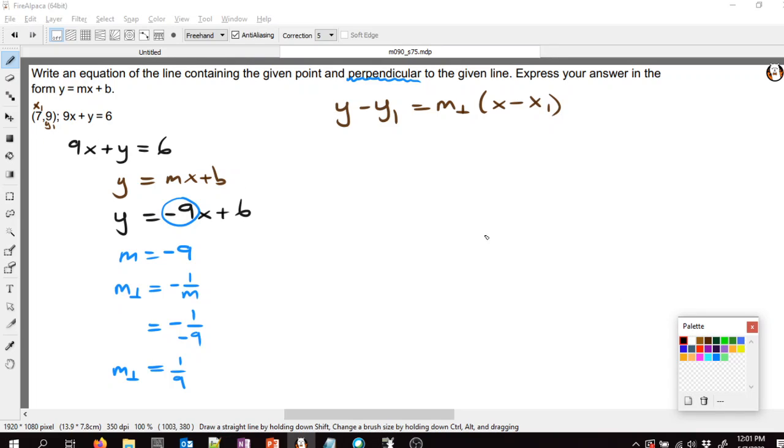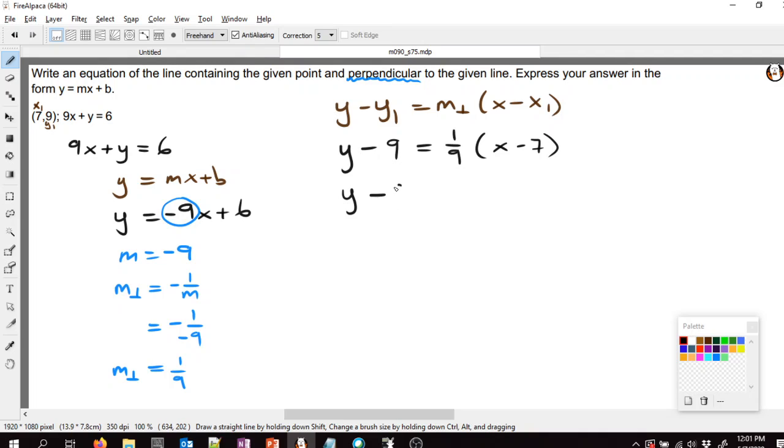So we'll have y minus 9 is equal to 1/9 x minus 7. Y minus 9 is equal to, let's distribute, 1/9 x minus 7/9, right? Now we've got to add 9 to both sides,